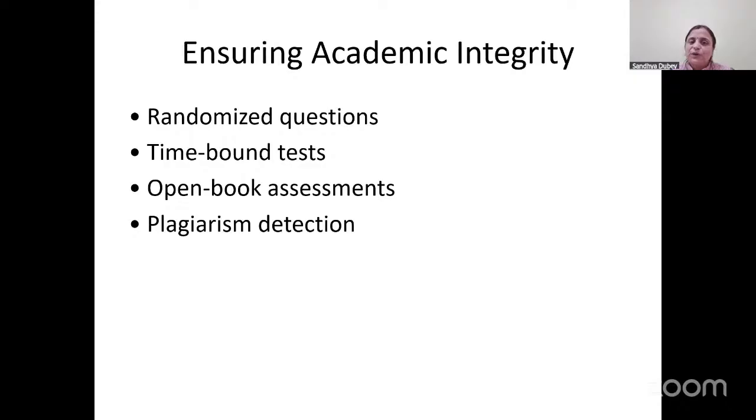But still, to reduce copy paste, you can randomize the questions and include as many questions as possible.